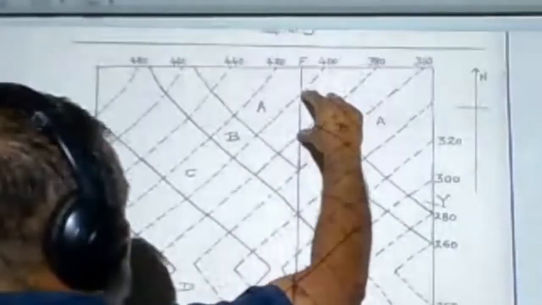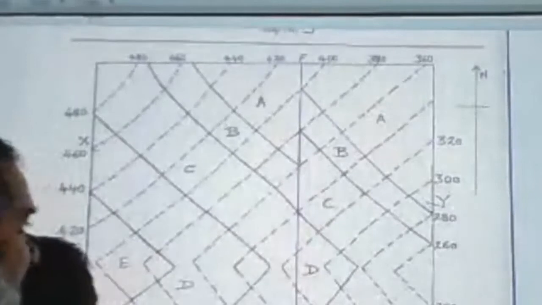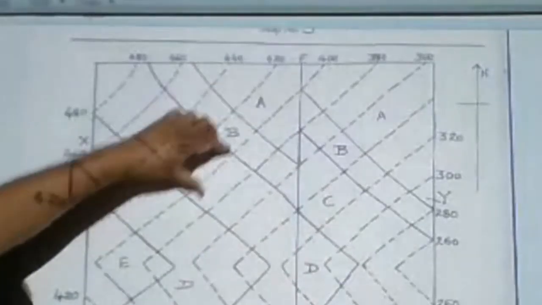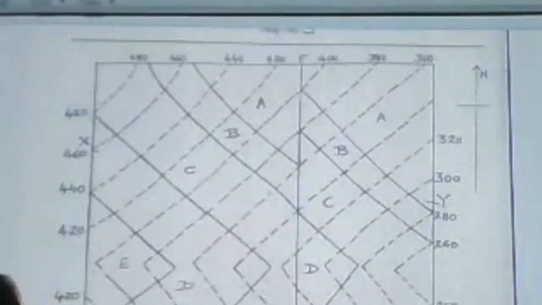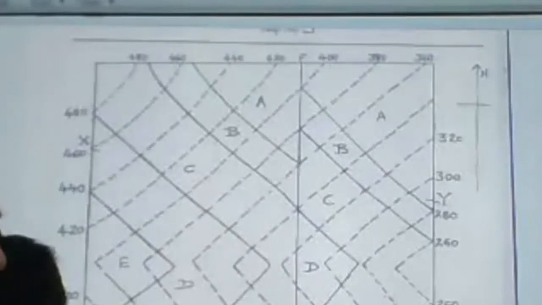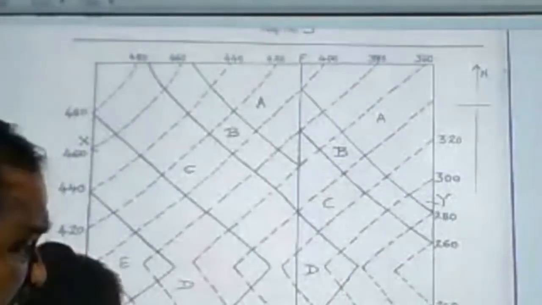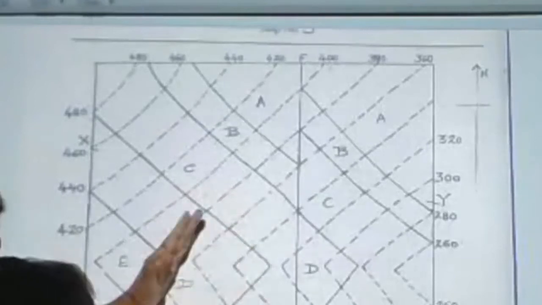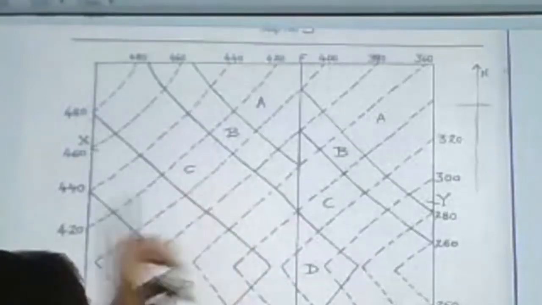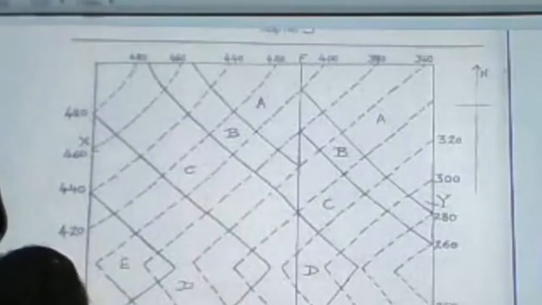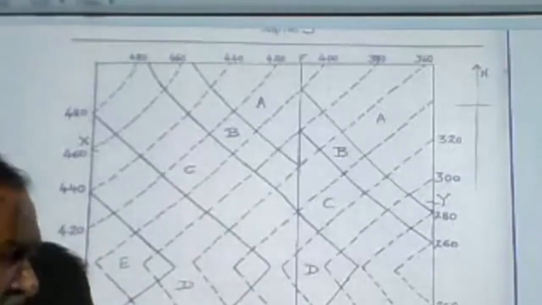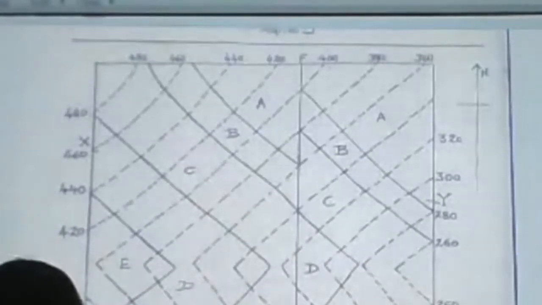You can see this bed has completely drifted over here, and due to that the C bed has come in contact with the D. So this side has gone down. You have to make a small arrow. Say this is the cross, and make that arrow. This side has gone down by 40 meters. Just write down 40. I'll show you how to write it, and after that you have to write down the order of superposition.